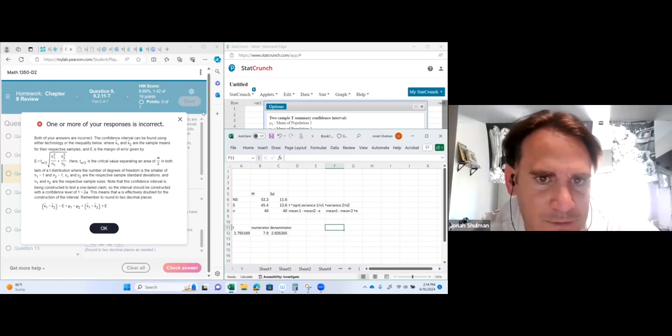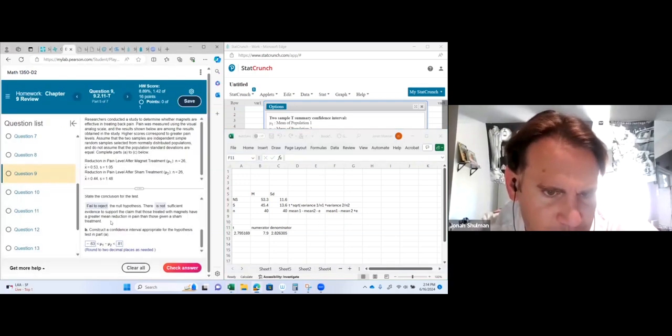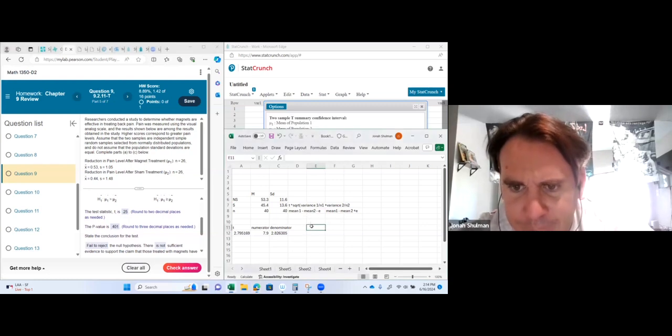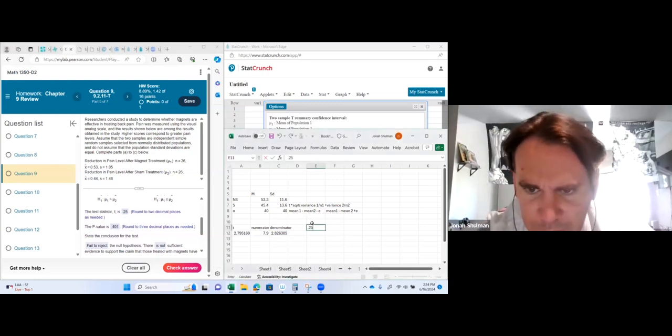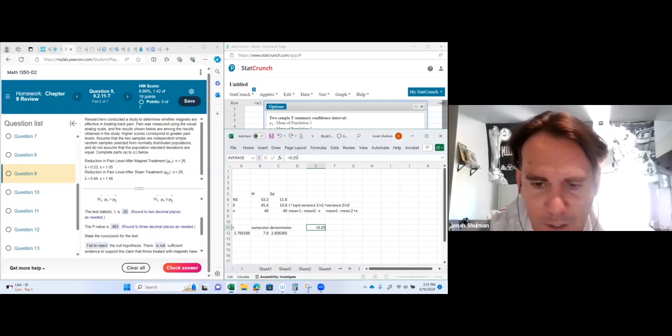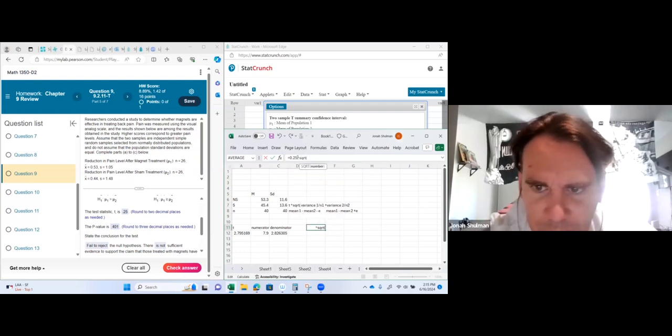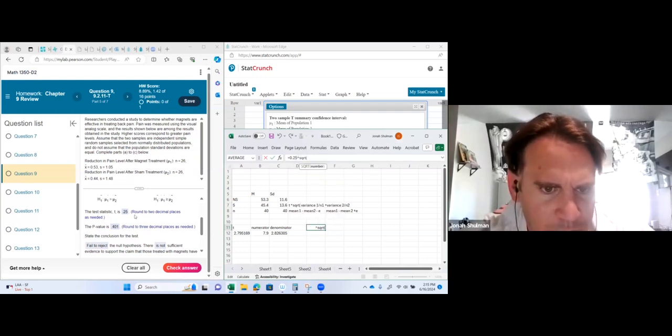We already got the t statistic, which is 0.25. I'll do it all together. So it equals 0.25 times the square root of parenthesis